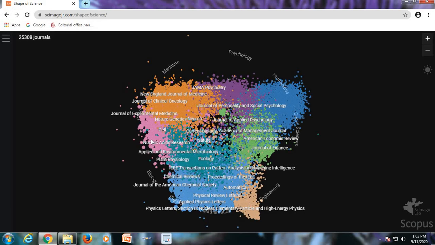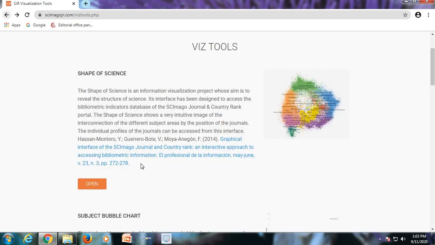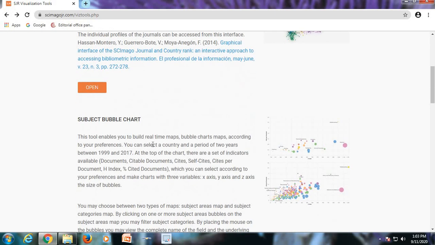This is how you can see the journals, their distribution, their specialities, and how it is shown in the worldwide regions. That is the detail you can see in the shape of science.